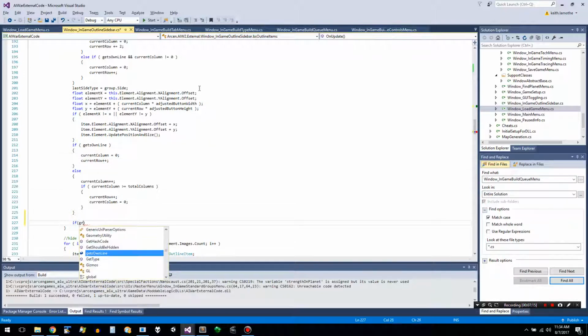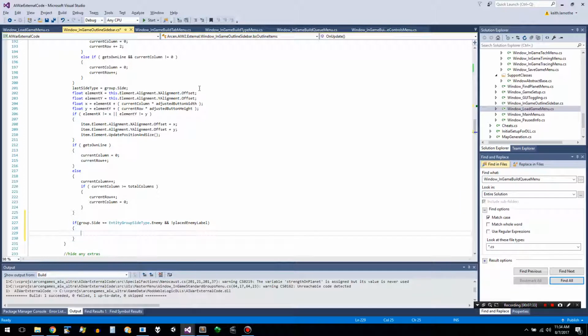So if group side is enemy, and I have not placed an enemy label, I want the enemy summary